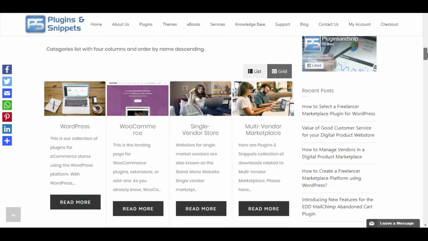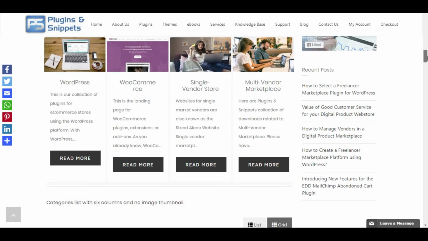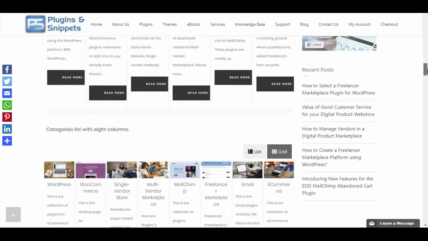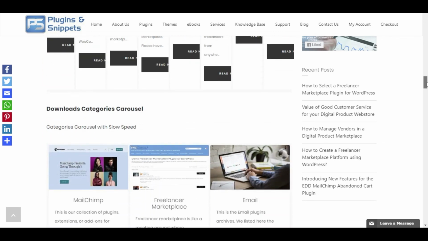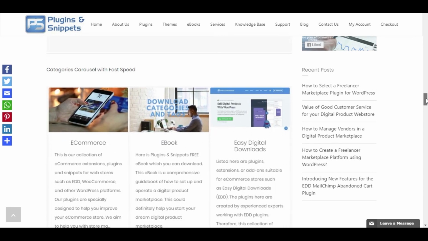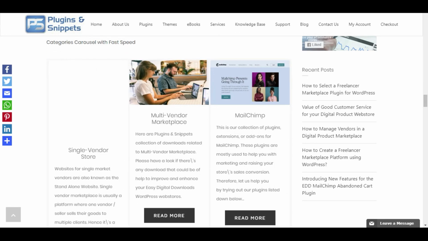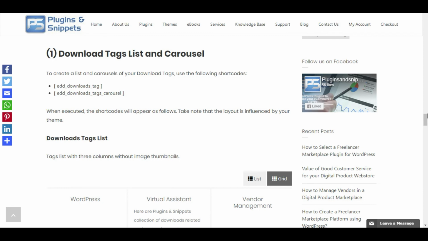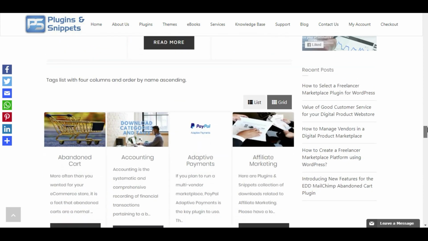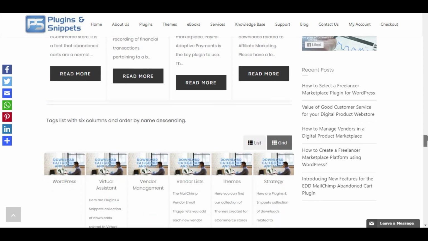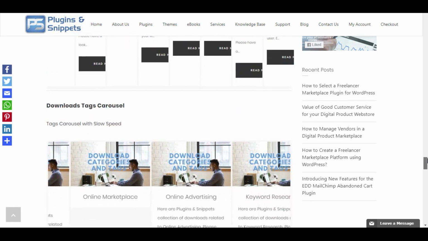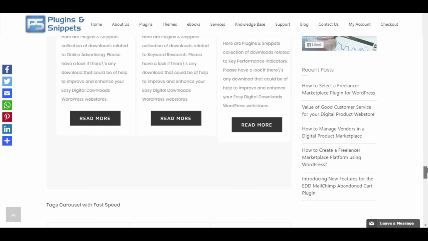We have 4 columns in order by name descending. Then we have 6 columns with no image thumbnail, and 8 columns. And for the carousel, we have the slow speed and the fast speed. For the other one, we have tag lists and carousels. Also, we have 3 columns without image thumbnails, 4 columns ordered by descending, 6 columns ordered by ascending, more columns, and the carousels as well.